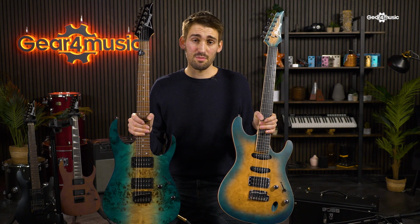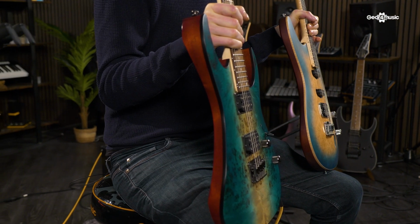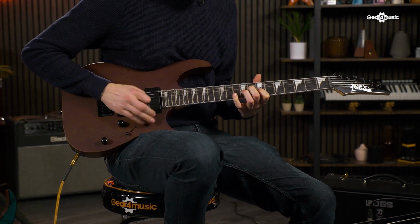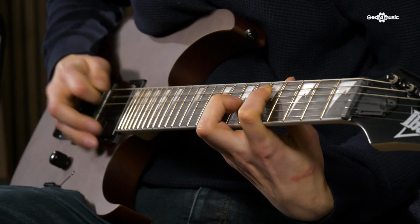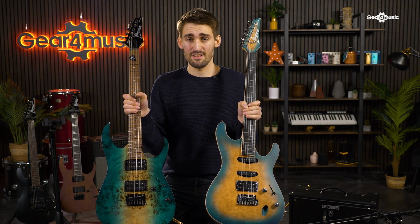So what that translates to is that the S series will be brilliant for warmer, smoother sounds, whilst the RG series will excel at brighter, high-gain sounds, perfect for rock and metal. Now, both feature the classic double cutaway design, so you'll be able to riff on those high frets really easily. However,